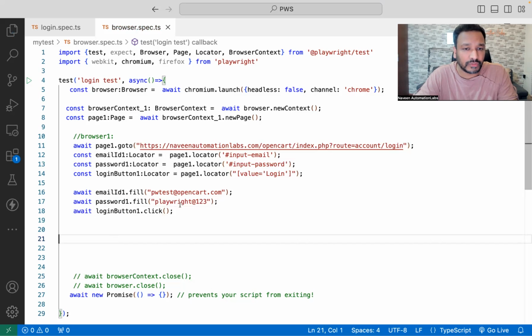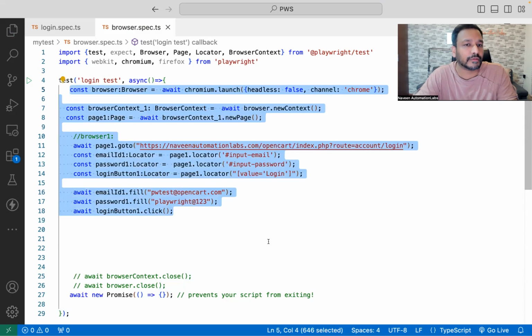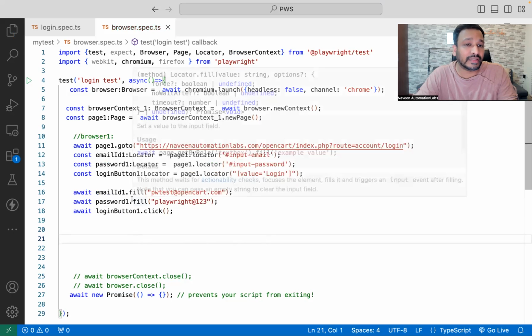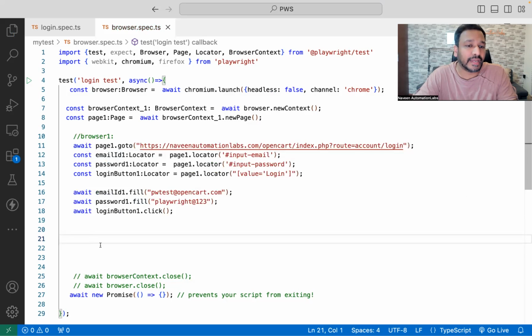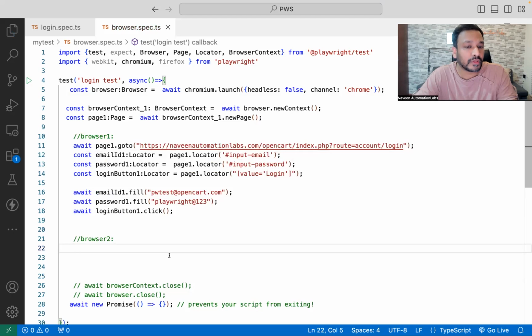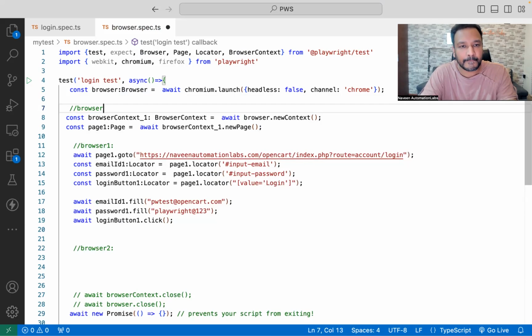So with the browser 1, I have done this kind of work here, right? Now I'll do exactly the same thing with the second browser also. So for browser number 2, from the same browser, I can create another context. So see, I'll do one thing. I just copy this. I'll say that this is my browser